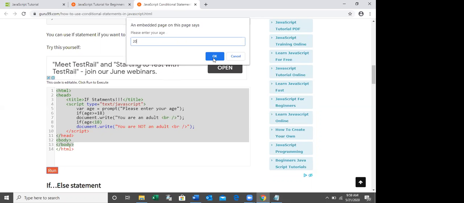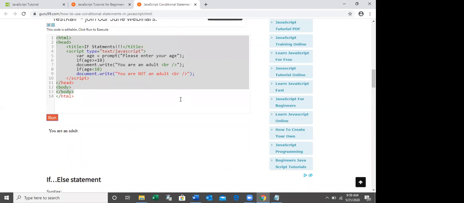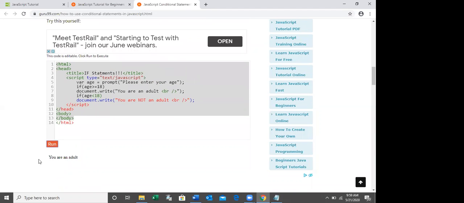If I enter the 20, the condition is true, right? Because my age is greater than 18. So the condition is true. Then this will print you are an adult, right? Okay. Here you can see the output. You are an adult. Okay.